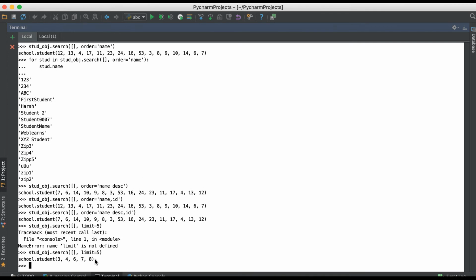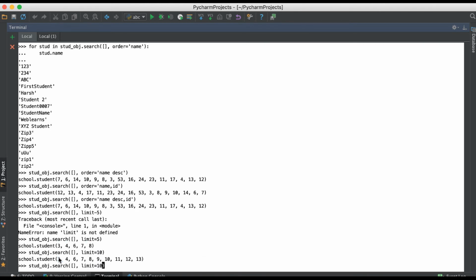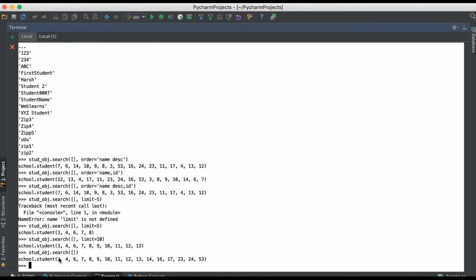So you will get only 5 records. Then after 10 records, by default there is no limit. If you are not providing any limit, by default it will fetch all the records, something like this. So you have to remember these parameters,